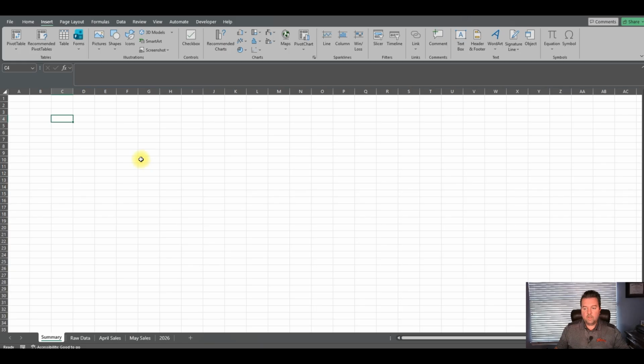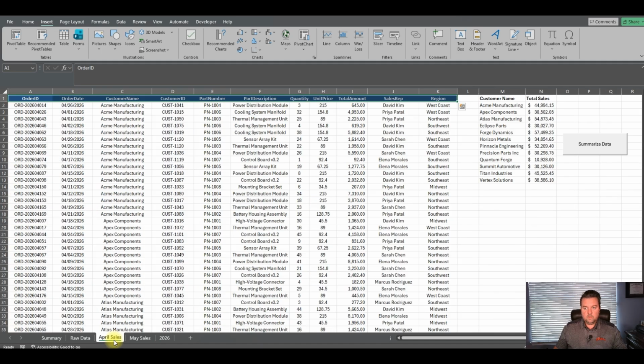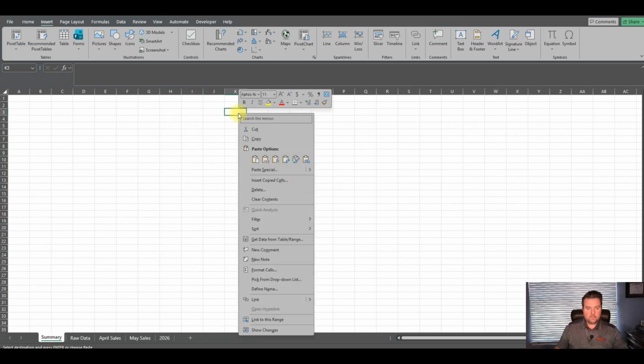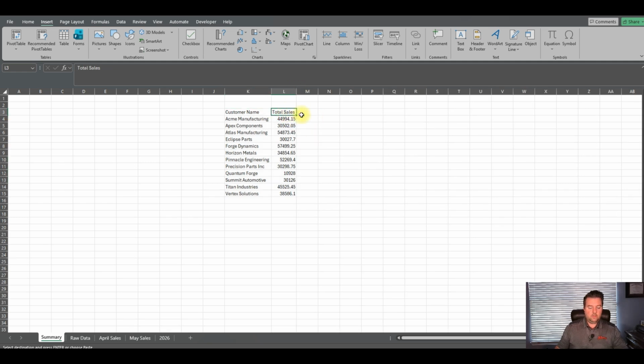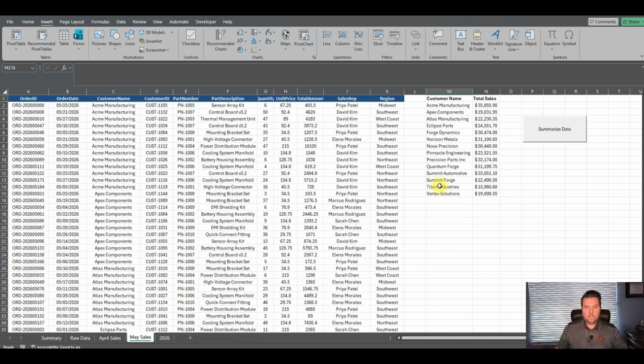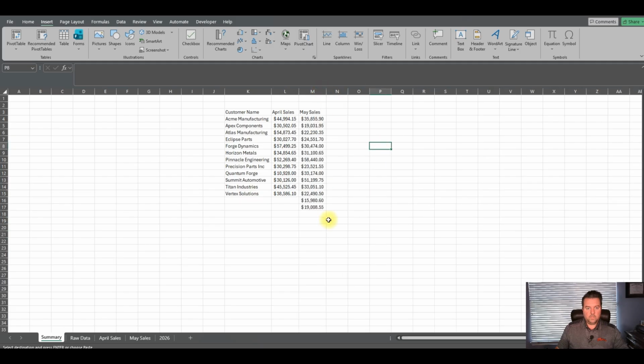So what I am going to do here is set up some data visualizations. All right, so here's what we're going to do. I'm just going to copy for now. There are better ways to do this, but at this point I'm just going to copy over. We'll call this April sales and May sales. And then for this one, we'll put in the actual May sales here. Oh, weird. Okay, so that's interesting.